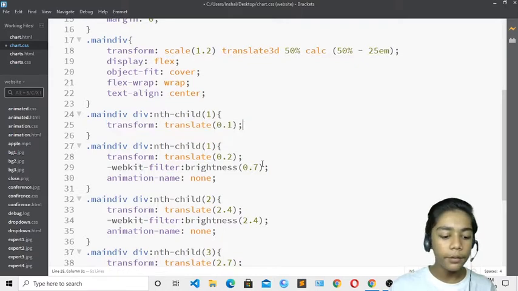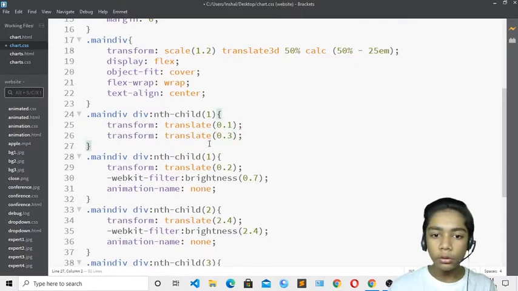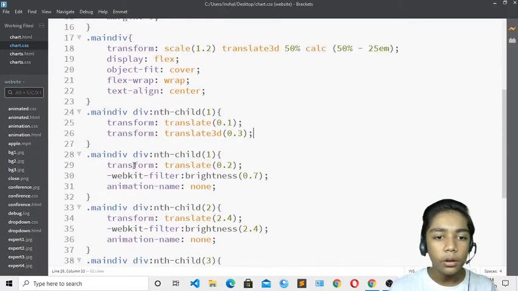Over here I will paste that, and I will change it to 3. Then I will change it to translate3d. So I will write translate3d, and now over here I have done my vertical. Save that all, and over here you can see. Okay, so now it is done.